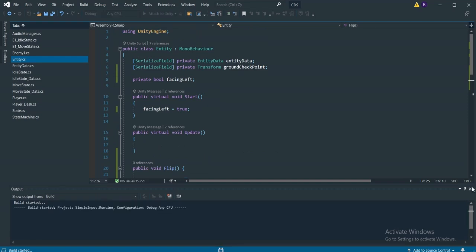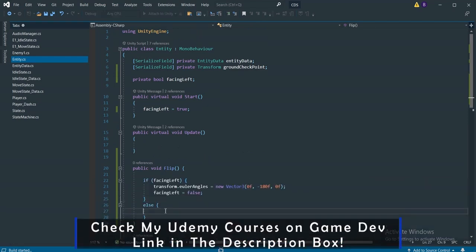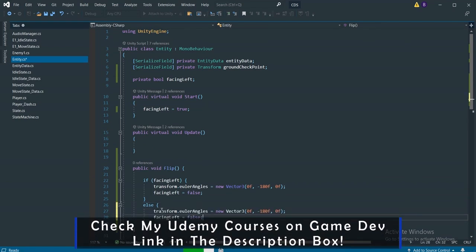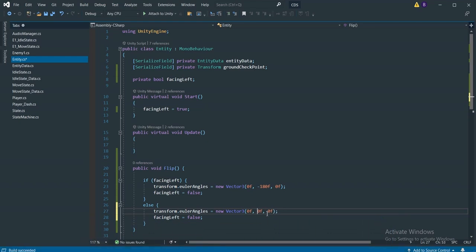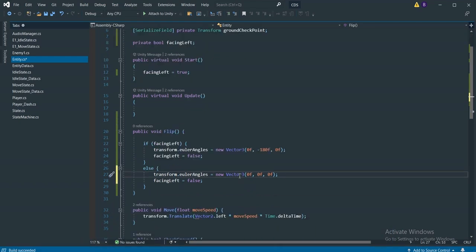I really apologize, I just made a mistake. So I'm going to paste it over here with Control V. And now we just want to set minus 180 to 0. So the enemy is just going to look once again to the left direction, and now facing left we're going to set it to